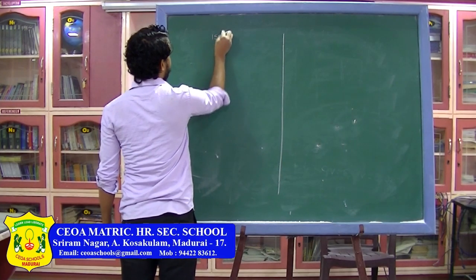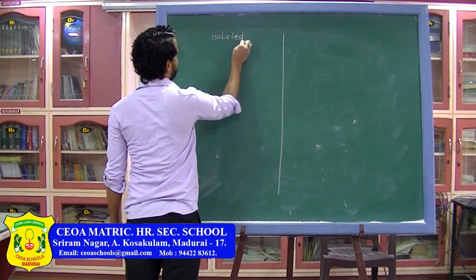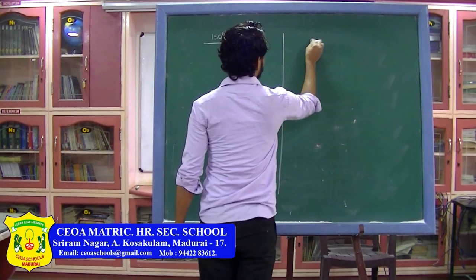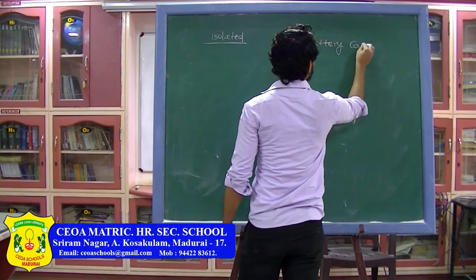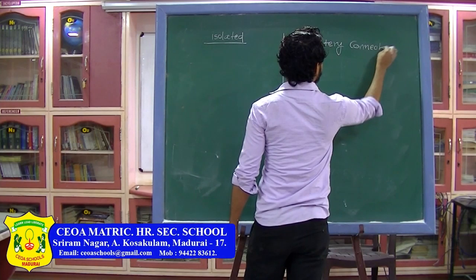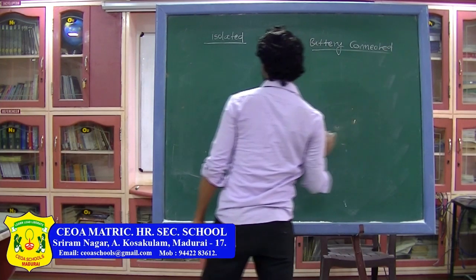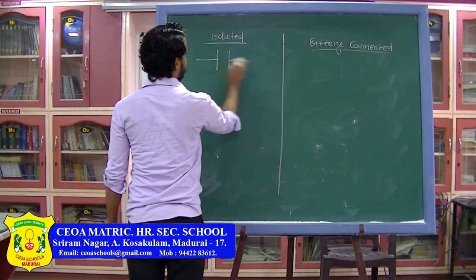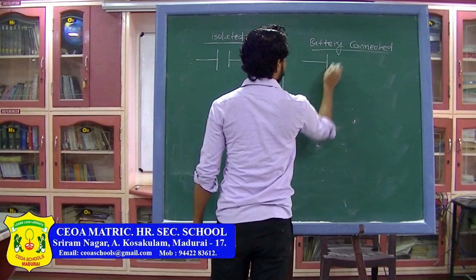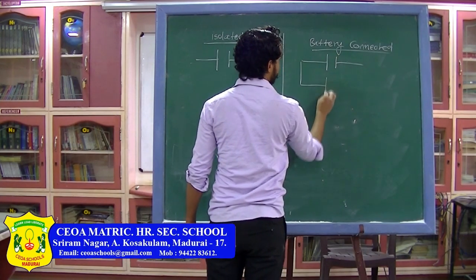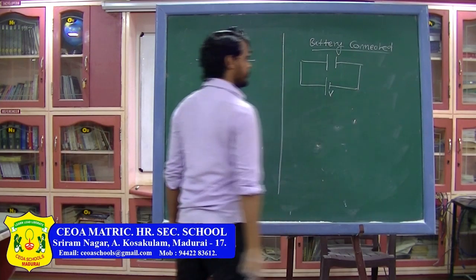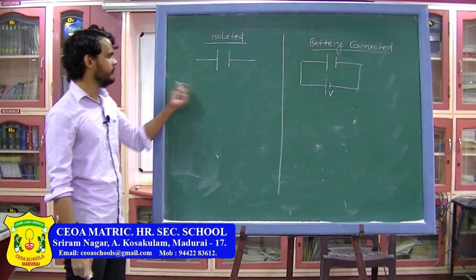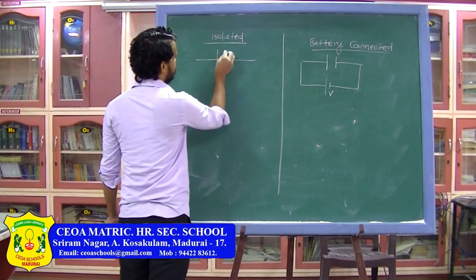One is isolated, another one is battery connected. So for an isolated capacitor, it is not connected to any battery or it is not connected to any device for that matter, and here this capacitor is connected to a battery. So if you insert a dielectric slab between the capacitor plates,